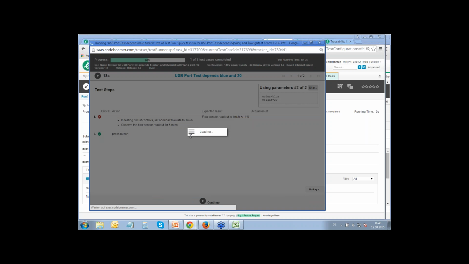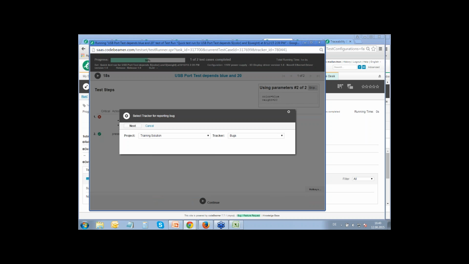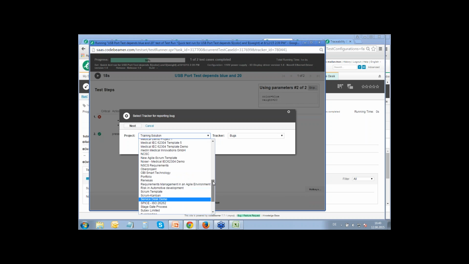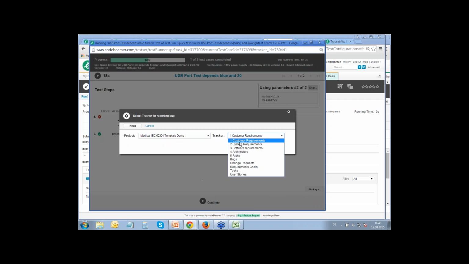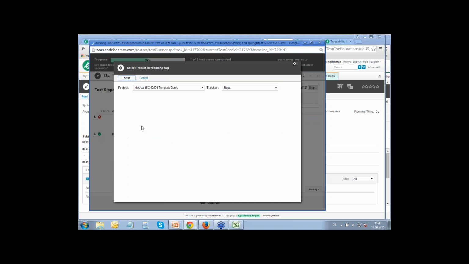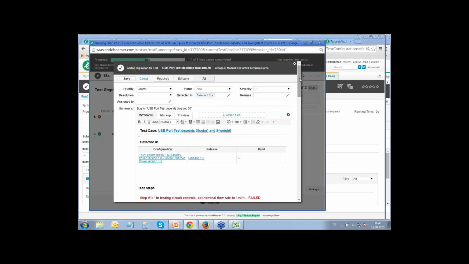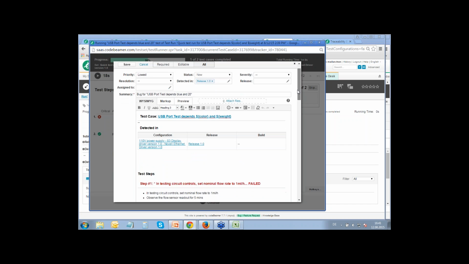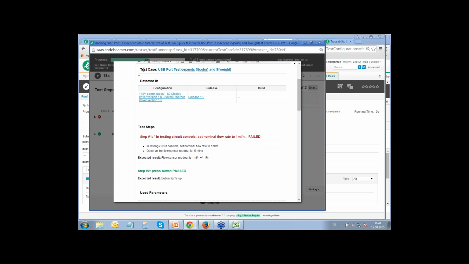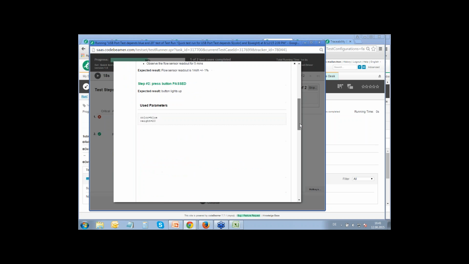So once I click into report bug, I'm able to select the right project and also the tracker. So for example, let me choose the right project, which is this one, and I want to submit it in a tracker bugs. So we also have a predefined bug tracker where you can pretty much manage all your bugs. While reporting, you can see all specific information in the description page, like you can see in which test case the failure has been detected, in which configuration, in which release, in which test step, and also using which parameter here. So once I save this up,